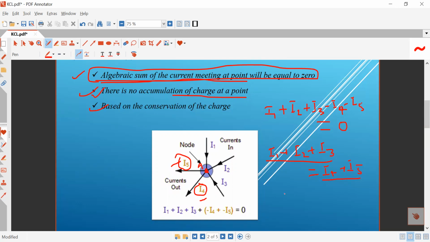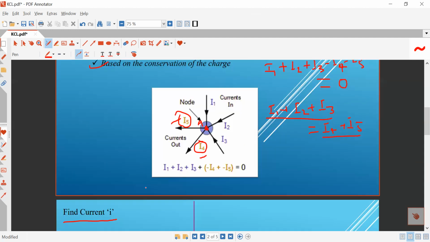Now, based on this law, you can solve various numerical examples. And sound knowledge of this law is very important, because this law is very helpful in distributing the current in the various branches of electric circuit. So for the distribution of the current in the various branches of electric circuit, the sound concept of this law is very important. Now, how can you solve numerical examples using this law?